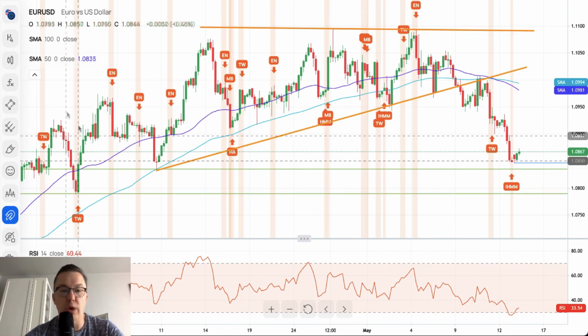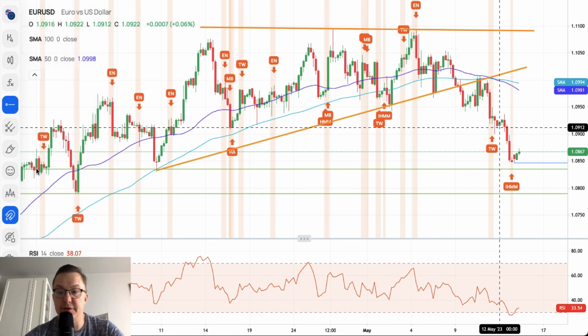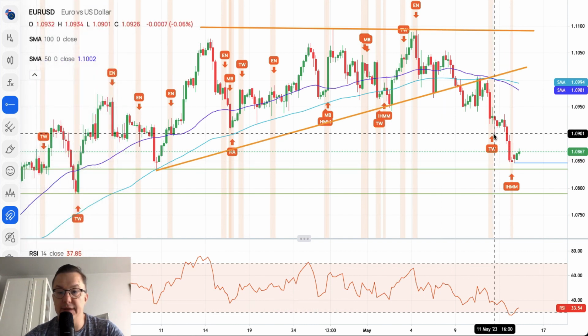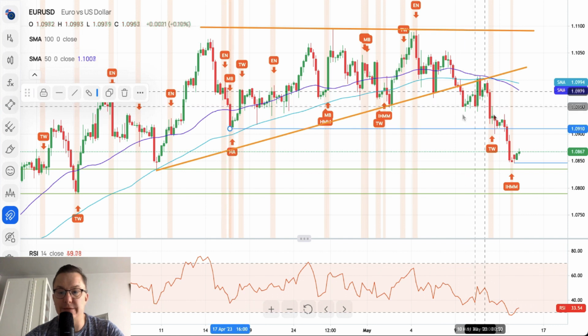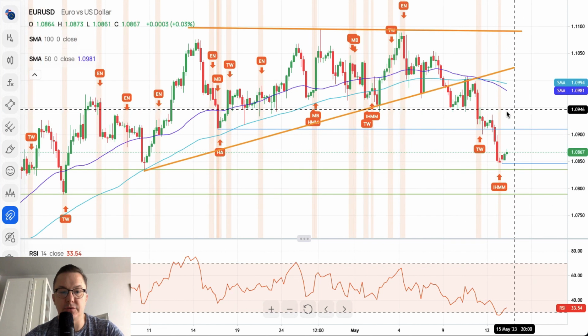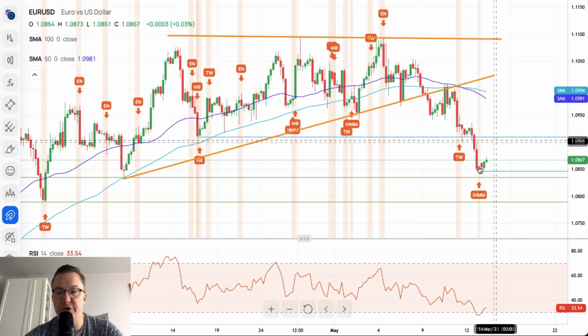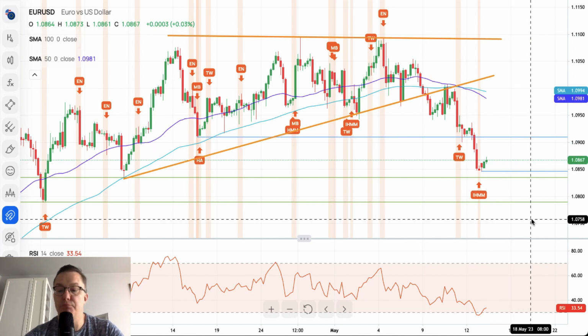1.0789. So where is the intraday technical resistance? Because we might see some sort of bounce here. Definitely this resistance might be situated somewhere around 1.0910. So that's the technical resistance. So even if there is some sort of movement to the upside, we should see increased bearish activity around this level, and then a push to the downside again.